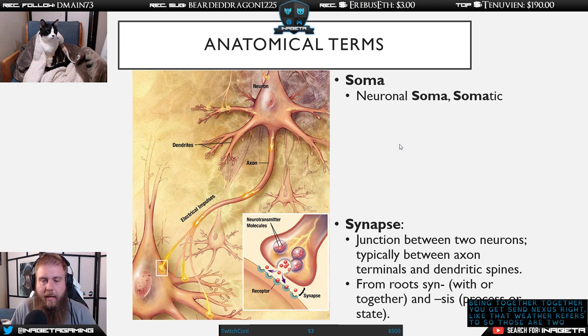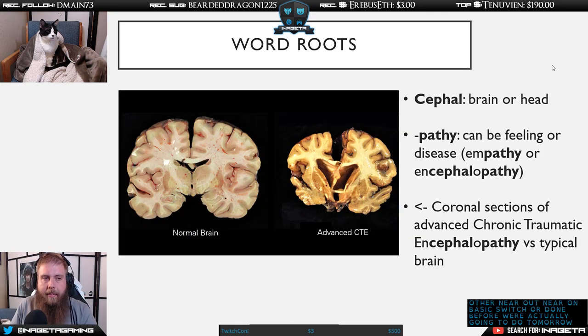So those are two terms we often use. We'll talk about those more when we go through other neuron basics, which we've done before, and we're actually going to do tomorrow. Anyways, so down to the nitty gritty of some word roots, okay? First up,